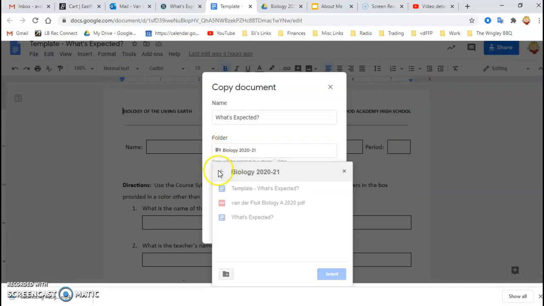So click on the folder and go all the way back. I'm not sure where you are, but go to the point where it says My Drive. And here you should click a new folder and just call it Biology A. Okay, call it Biology A. Now, I can't do that because I already have one. So I'm just going to call